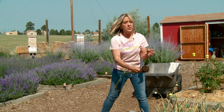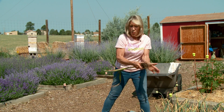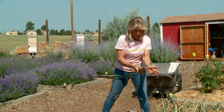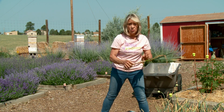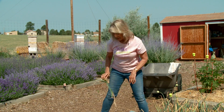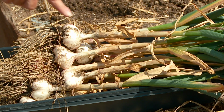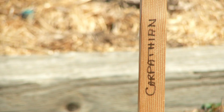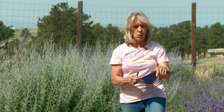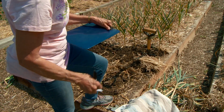So those are some do's. Now for a couple of don'ts. Knock the soil off. Don't wash it off. These bulbs have been in the ground, they're beginning to cure and dry up just a bit. The last thing we want to do is get them all wet all over again. And don't leave your garlic bulbs sitting out in the hot sun for very long, where this tender tissue can get damaged, kind of like a sunburn. And if you've planted more than one variety, now is the time to make labels for them as they're being